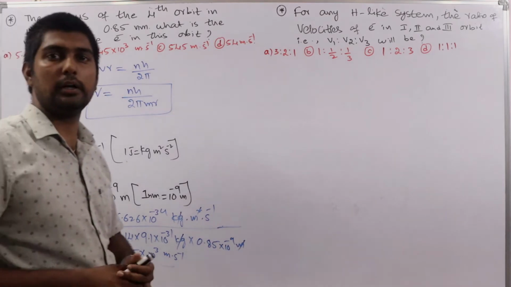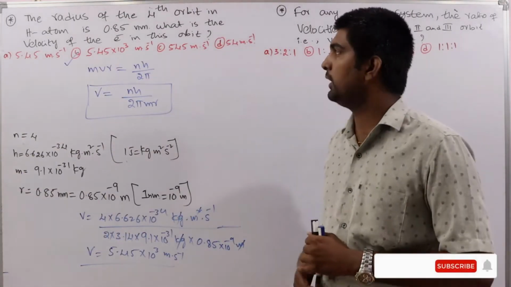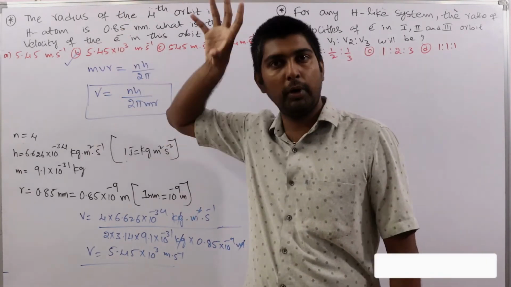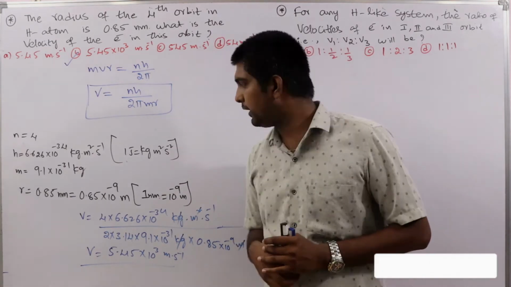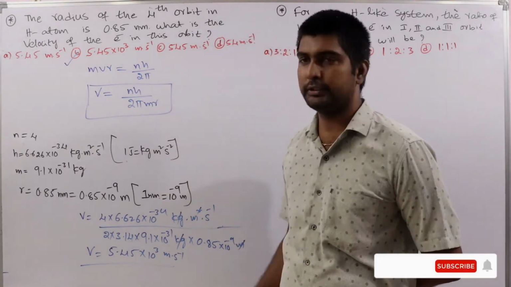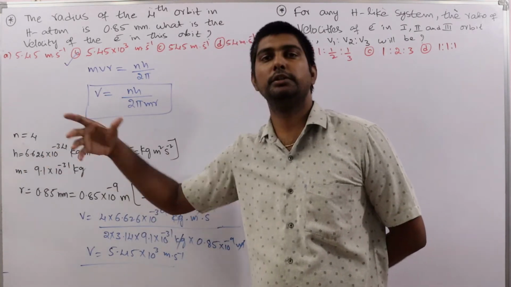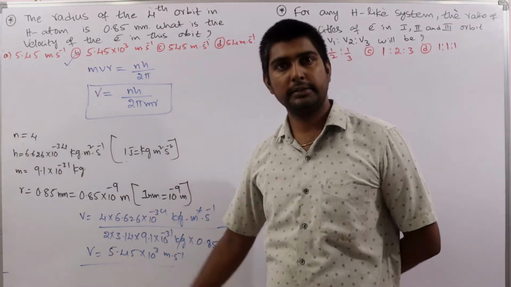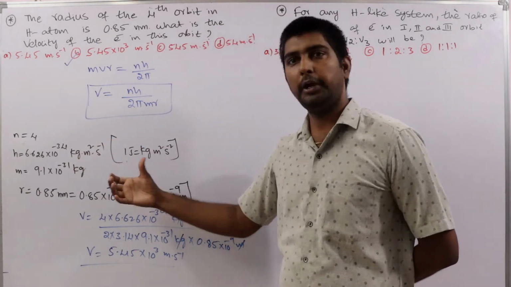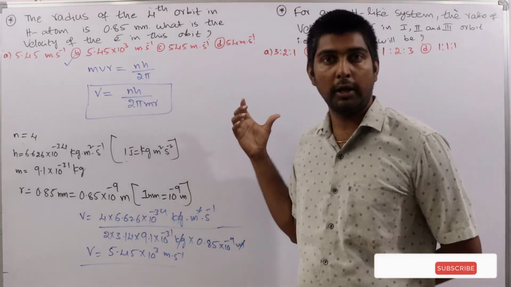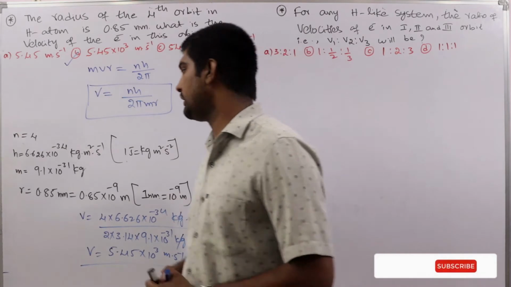The only thing in the structure of atom is that we have so many different formulas. Depending upon the provided information, choosing a suitable formula is a very important thing. And one more thing is units. Depending upon the problem, sometimes h is taken in joule second, sometimes erg second, sometimes kg meter square second power minus 1. So depending upon the given data, we have to choose the suitable units. That is also a very essential thing.